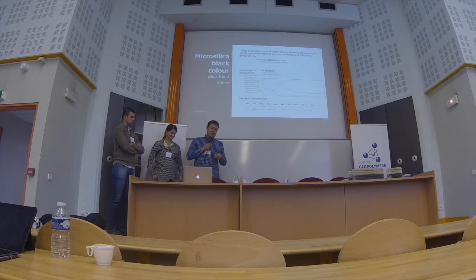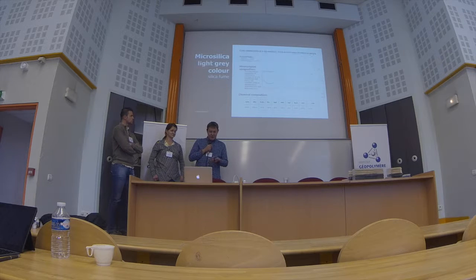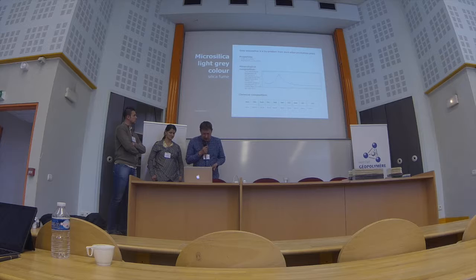And we have microsilica as well. In the city there is an electrometallurgical plant which produces microsilica. It's black in color and it is dense. That is why the granulometry is not so fine. Also, it's 19.78 microns, D50 average. But it's quite good for geopolymers, and we use it. And this one is a light gray color. It's a byproduct from a pure silica production plant, and it has a high amount of silicon and